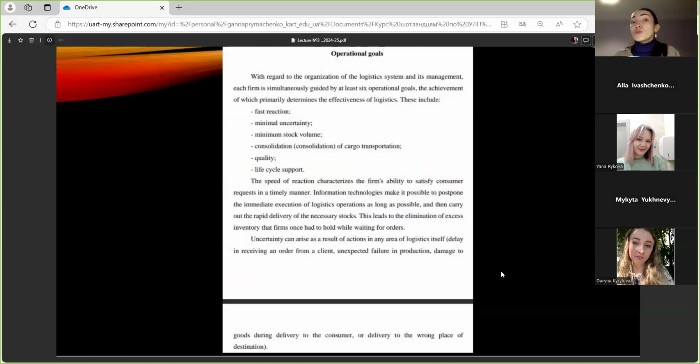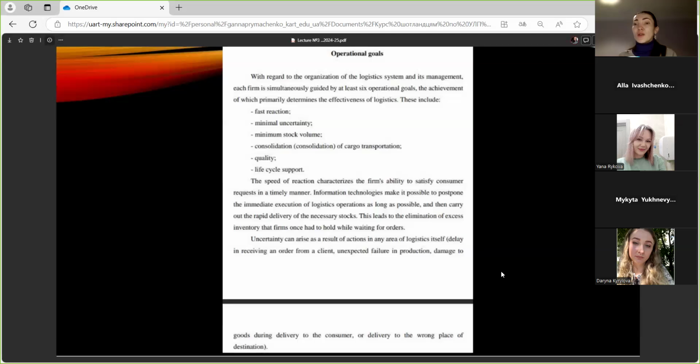So, operational goals. With regard to the organization of the logistic system and its management, each firm is simultaneously guided by at least six operational goals. The achievement of each primarily determines the effectiveness of the logistics it includes. Which types of operational goals? It's interesting, yes: fast reaction, minimal uncertainty, minimum stock volume, consolidation,